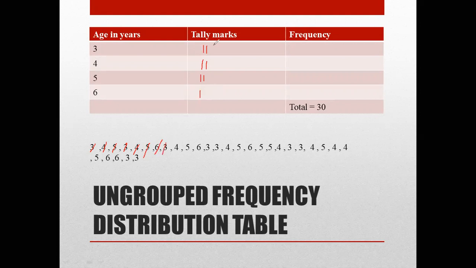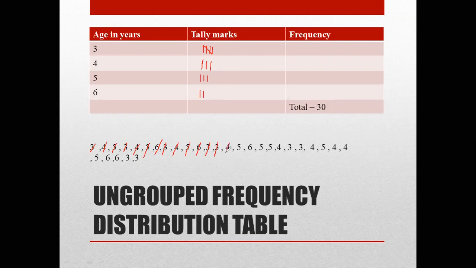3. Striking off 3, putting tally mark in front of 3. Striking off 4, putting 1 tally mark in front of 4. Striking off 5, putting 1 tally mark in front of 5. Striking off 6, putting tally mark in front of 6. Striking off 3, putting 1 tally mark in front of 3. Striking off 3. Now you can see it has become 4. Now this is the 5th one. So from here to here I'll put across. Okay, I'll strike it like that.